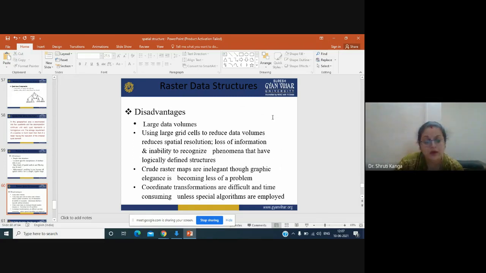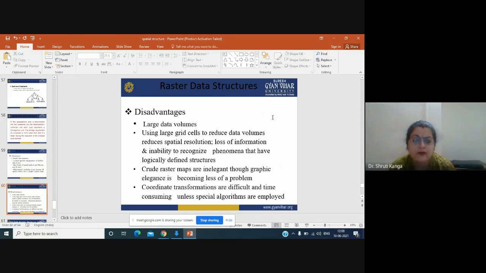Now, if you go through the very initial lectures, when we were seeing the different shapes in raster and in vector also, vector gives a very clear picture of a particular phenomenon, whereas in raster it is not that clear. Okay, if there is a river or a road, we can have a proper shape and size in terms of its vector, but in raster, because it is in pixels, we cannot find that fine shape.